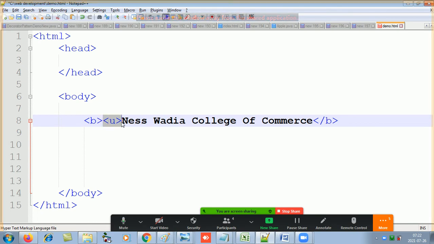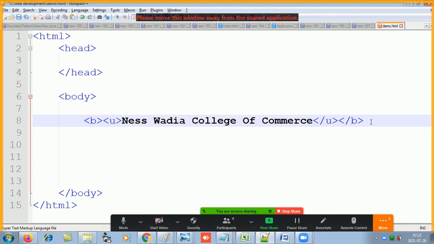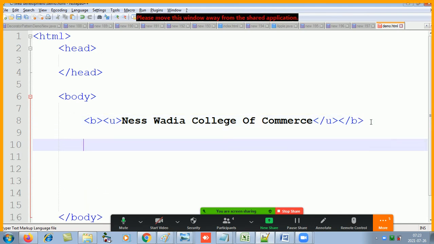The element which is opening last will close first. It's like simple mathematics parentheses. So in mathematics we had equations, right? So if I had an equation like this, a plus b.